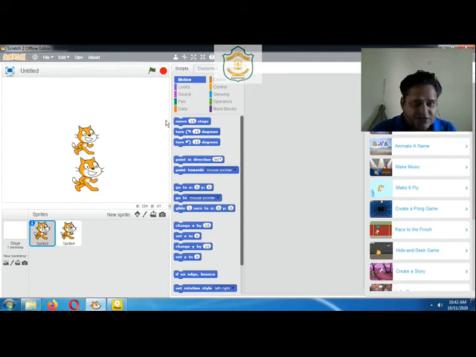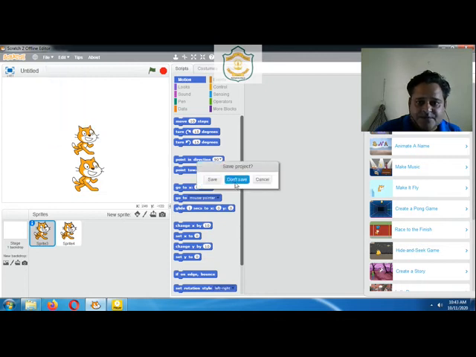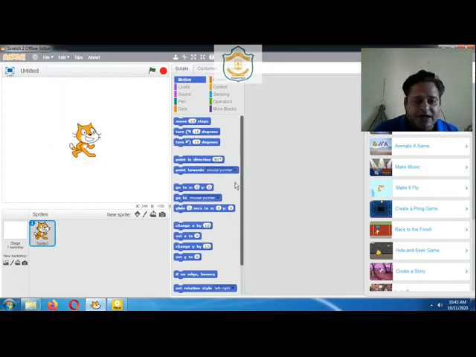Now, the next one is adding a new sprite. When we open Scratch, by default the cat sprite is present on the stage. If you want to use any other sprite, then here is the option.